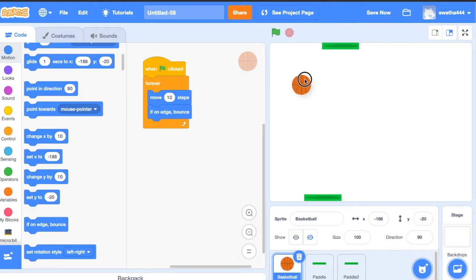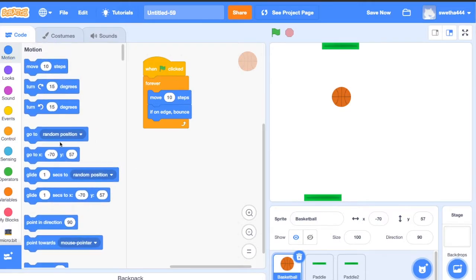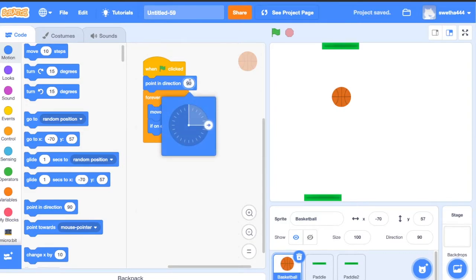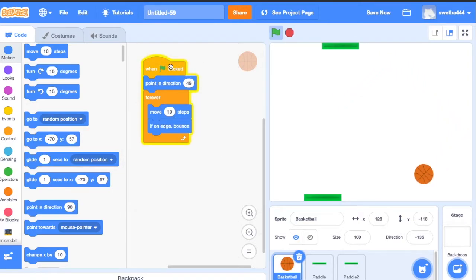Now it has to use all over the stage. For that, click on motion, point in direction. Let's point towards 45 degrees. We'll see. Good. Now ball is moving all over the stage.